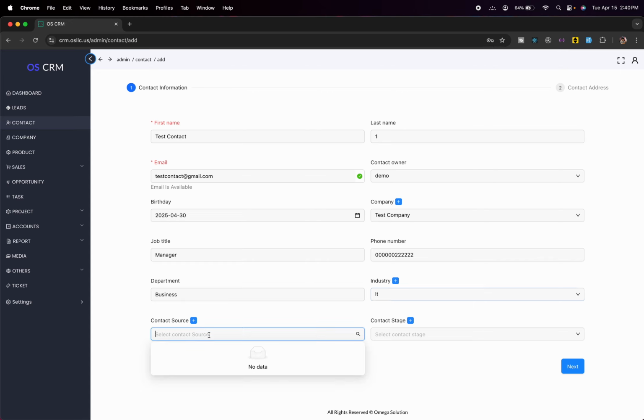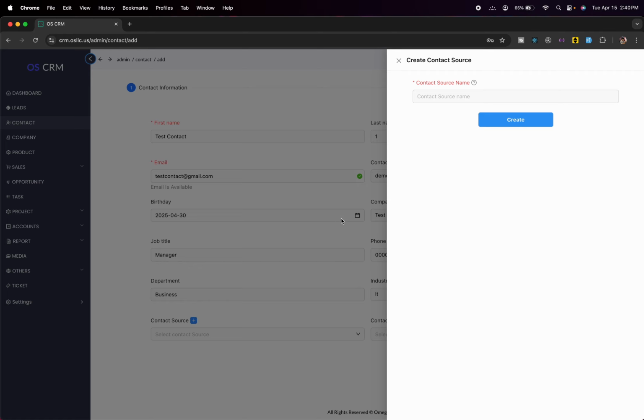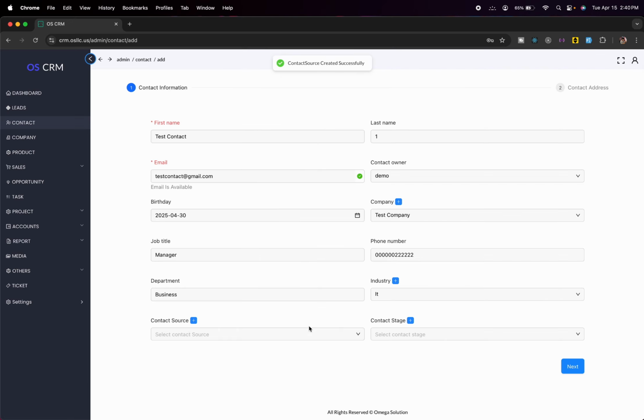So now we can choose the contact source, and the contact source was by call, or maybe we can say by ad. And the contact source was created,